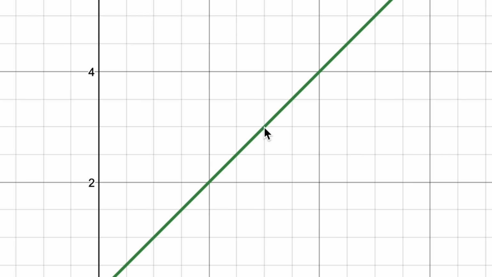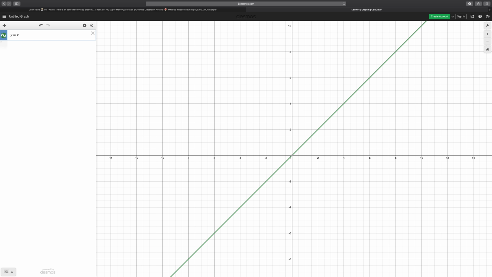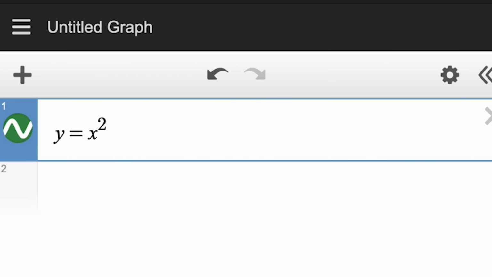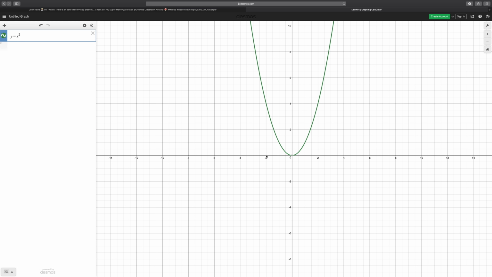Boom. Whoop, I hit 3.01. Right there. Boom. That was 2.99. Right there. 3, 3. That ordered pair is in our function. But look, we're not here to talk about just any old function. We're here to talk about quadratic functions. So let's raise x to the power of 2. Boom, a parabola. Here, every value on the x-axis is paired with a value on the y-axis that equals that